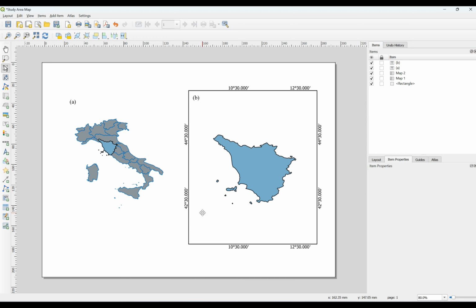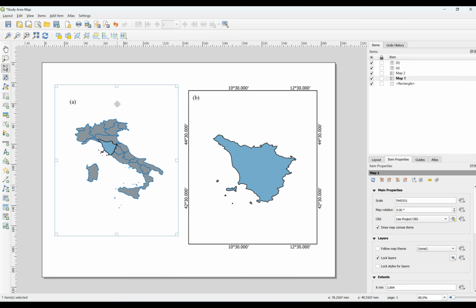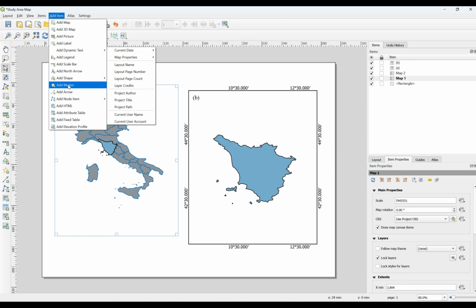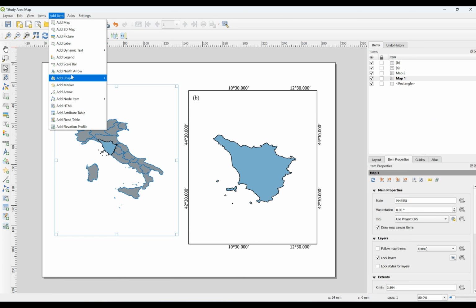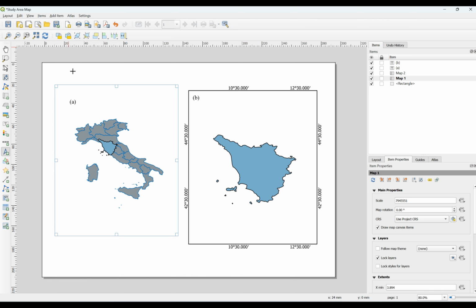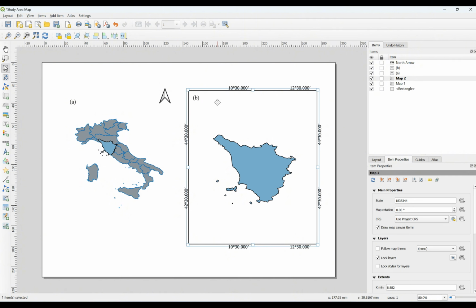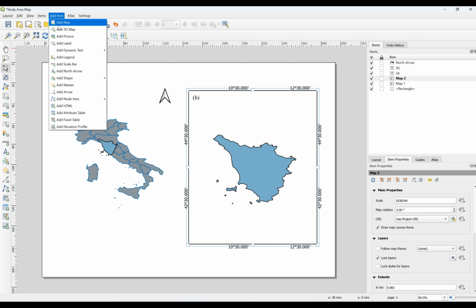In the next step, I'm going to add a north arrow to my frame. For this purpose, again, I will go back to Add Item. And from here, we have Add North Arrow. By clicking on that and dragging into my frame, it's going to be added successfully. I added it for this one. Right now, I will do the same thing for the second one